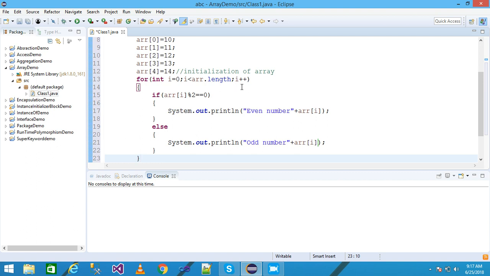The value of i is incremented by 1. In the 1 index position the value is 11. Check the condition. The condition is false because the remainder is 1 when the value is divided by 2. In that case the control comes to the else part and prints the odd number. Again the value of i is incremented by 1, then i value is 2, and then check the index position 2, and index position 2 contains the value 12,